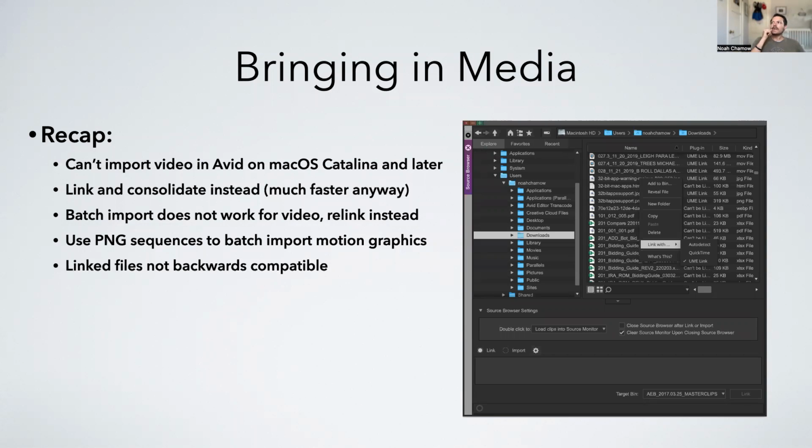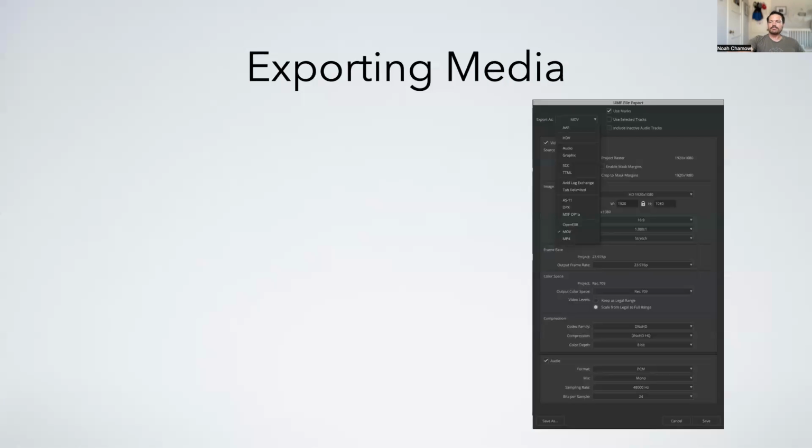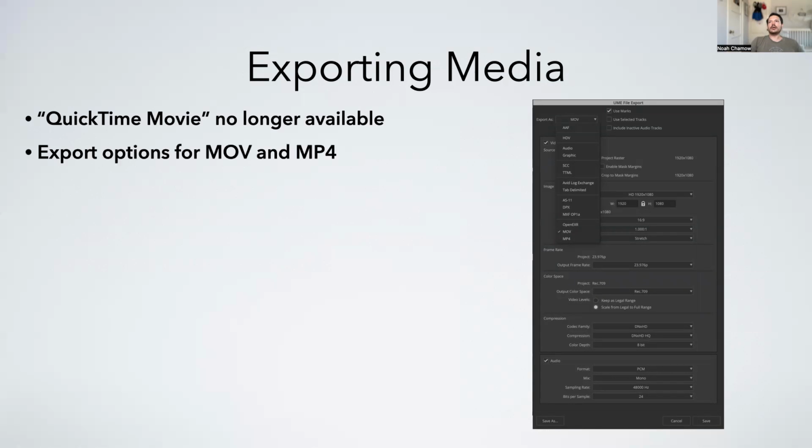Okay. All right. Go back to this. Okay. So let's talk about exporting media. So exporting media in Avid has generally been through a setting in this drop-down menu called QuickTime Movie. QuickTime Movie is no longer available because QuickTime Movie was the QuickTime framework. So in